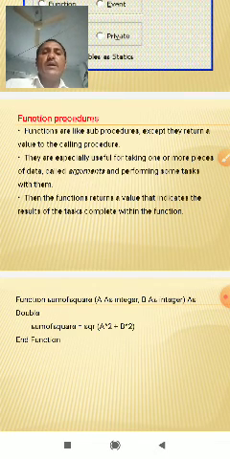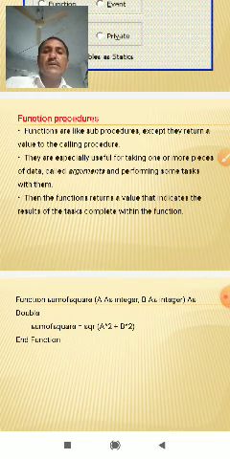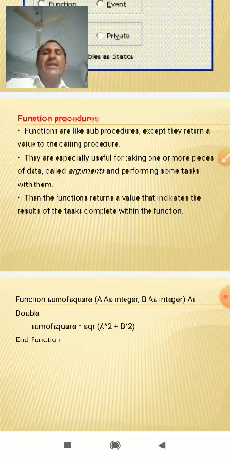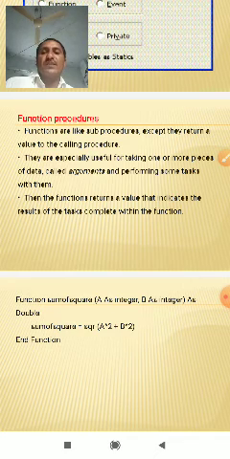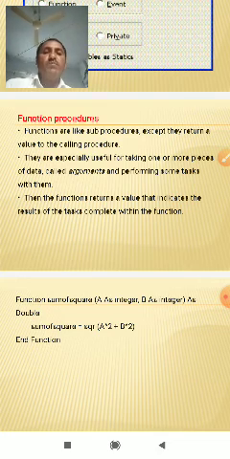They are especially useful for taking one or more pieces of data, called arguments, and performing some task with them.